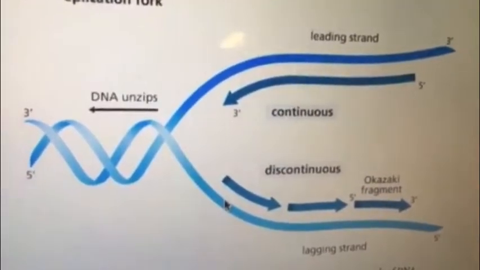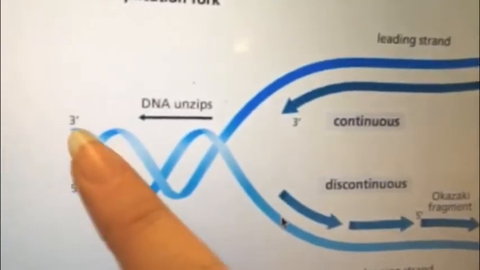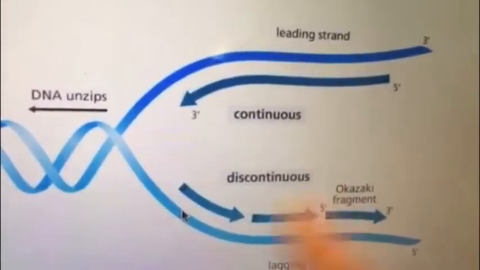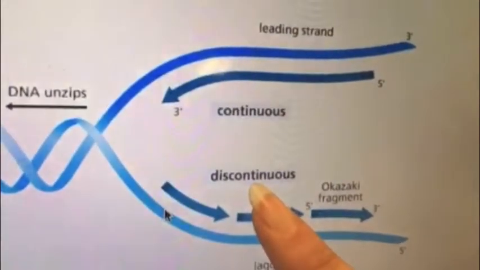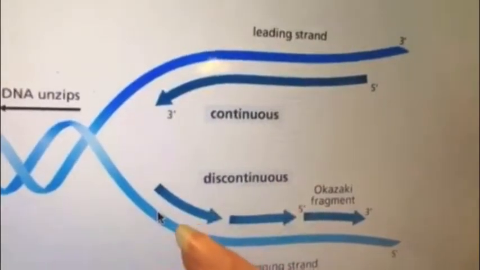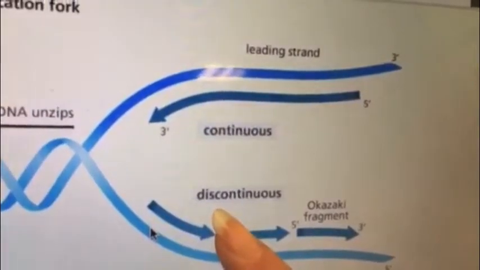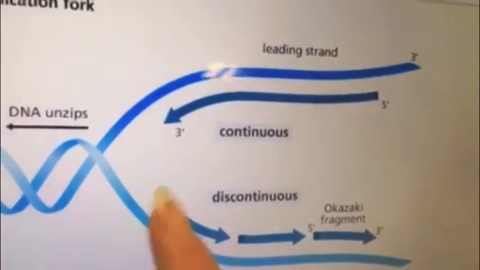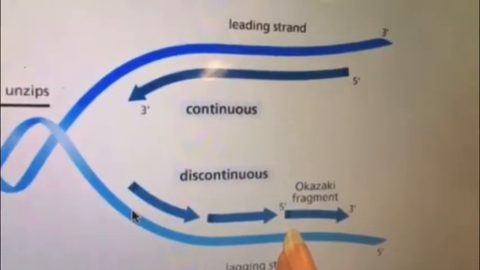So in our DNA, our double helix is split in a DNA fork. So basically from 3' to 5', our DNA becomes discontinuous, and then from 5' to 3', it is continuous. And so basically what happens in the discontinuous portion of the DNA, our new strand is split up into Okazaki fragments, and so we have what becomes 5' to 3' in order to complement the opposite side of the DNA,